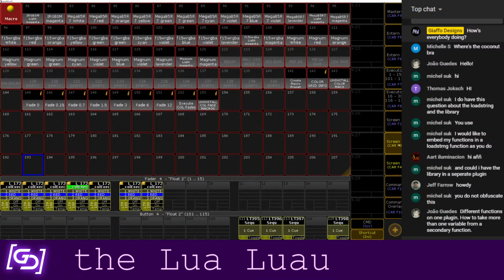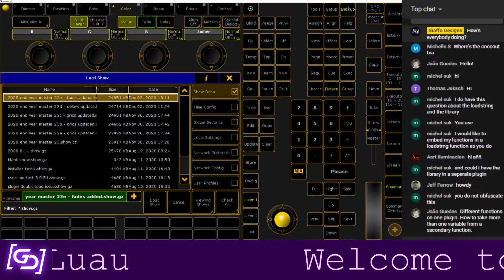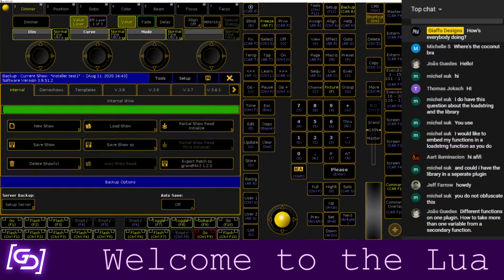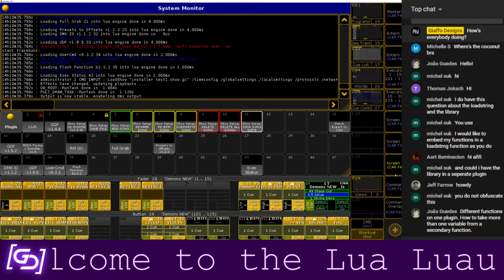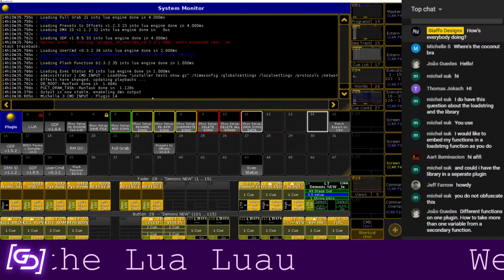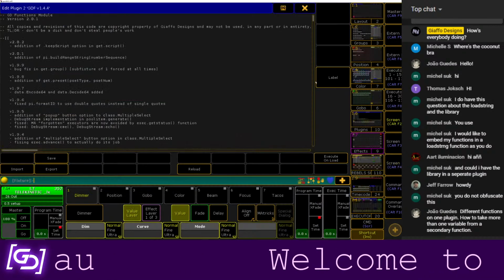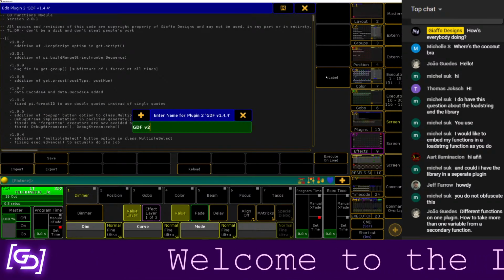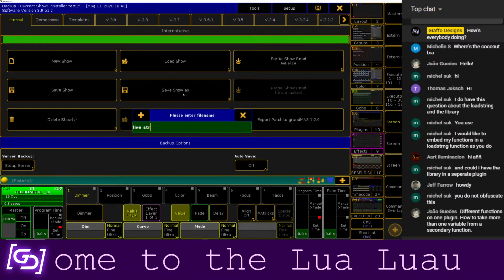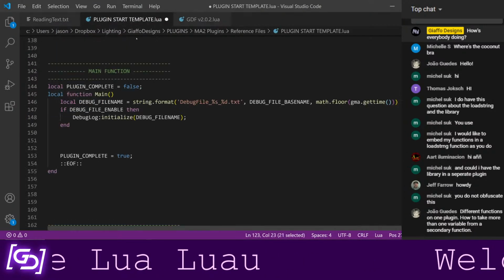Let me maybe open up a different, so this is someone else's show file. Probably doesn't help that I never use this version. Okay, well this one has a plugin thing, so let's do this. I'm gonna take my GDF code, and again, it is my library code, which I'll explain later, is currently set up to be read from a separate plugin. So I'm gonna drop that in here. We'll worry about all that later. Okay, so my start template.